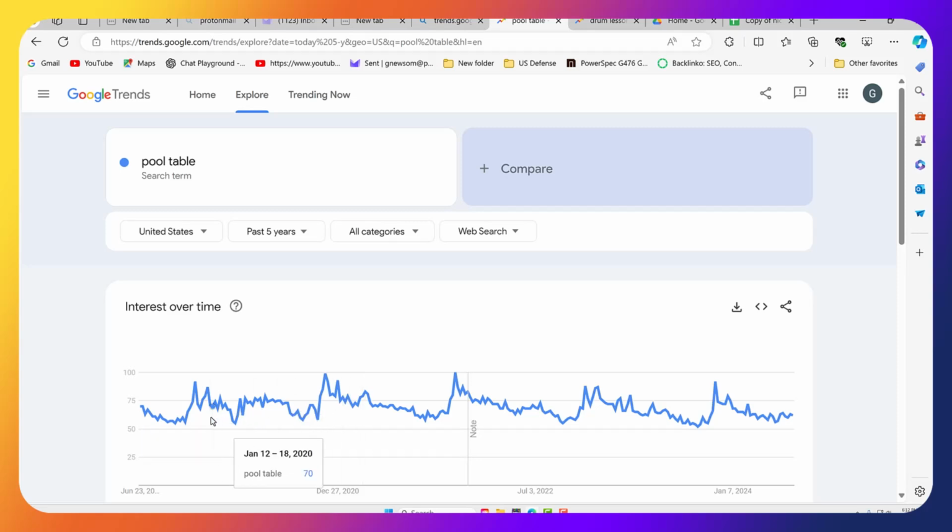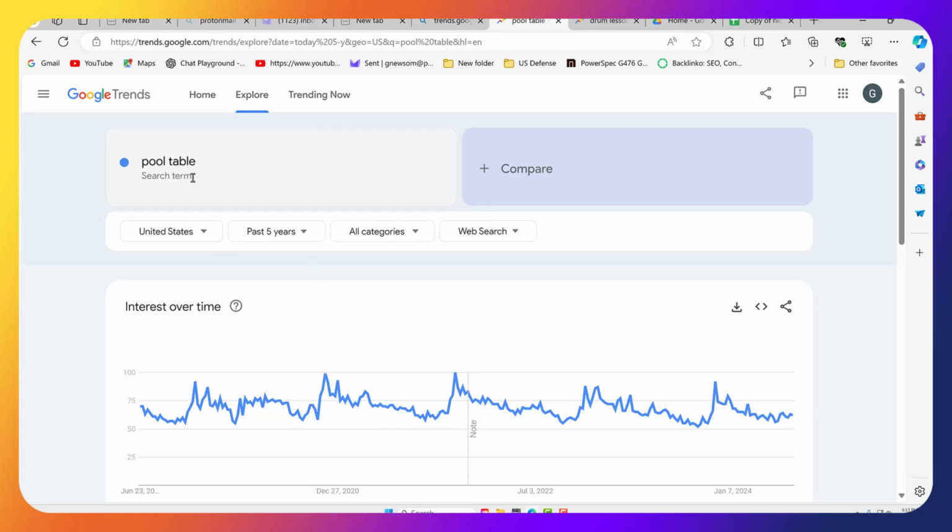Okay, this kind of looks jaggedy, but that's not bad, because if you'll notice the volume, that's what this is measuring. If you want to look at keystrokes, you use something like Ubersuggest or SEMrush. But as far as volume, I can look at this and tell that myself, and that's not bad. That's not the loopy-de-loop I'm talking about. You'll see some products that are down here. Underwater basket weaving is going to be right here at the very bottom, if it's even registered.